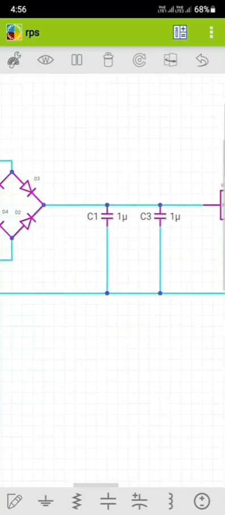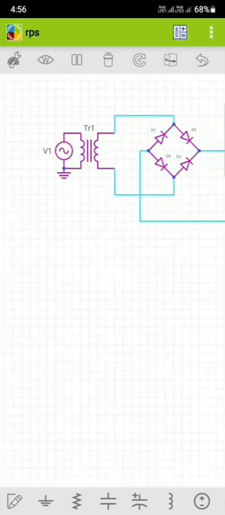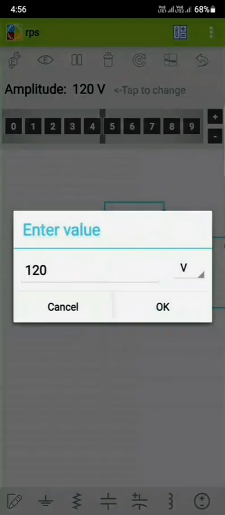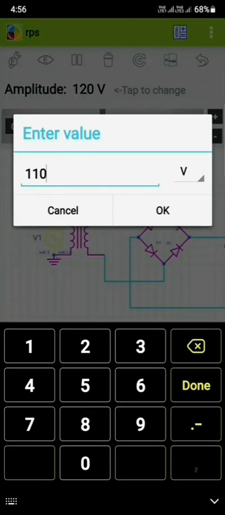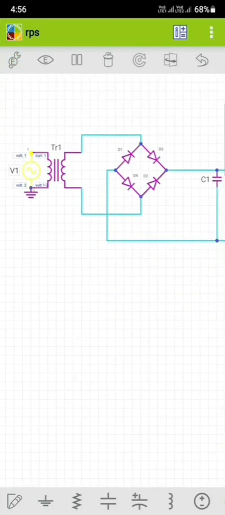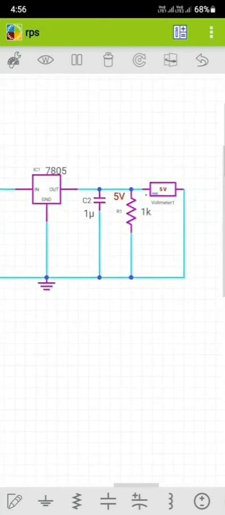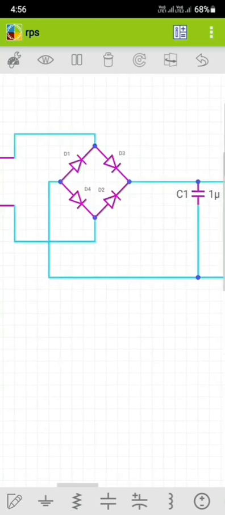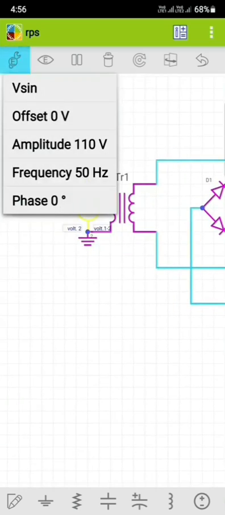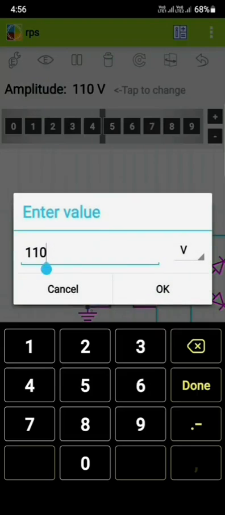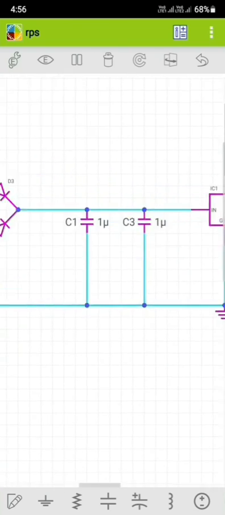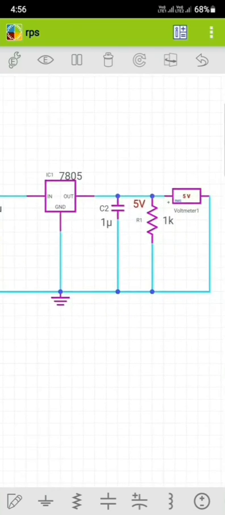First, we are going to see line regulation. Line regulation means if I vary the input, that won't cause any change across the output. So I am going to check what will happen when I change the input to 110. There is no change across the output. It is also showing the same output as for 120 volt. If we vary it to 130, what will happen? In this case also, I am not having any change across the resistor, that is the load.